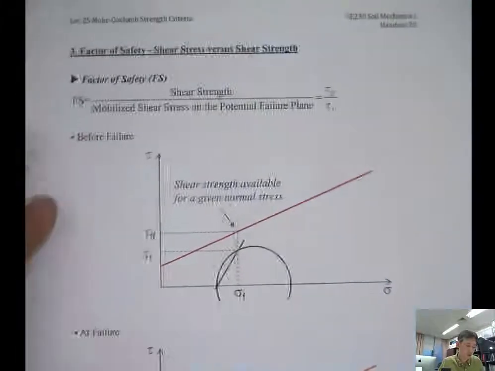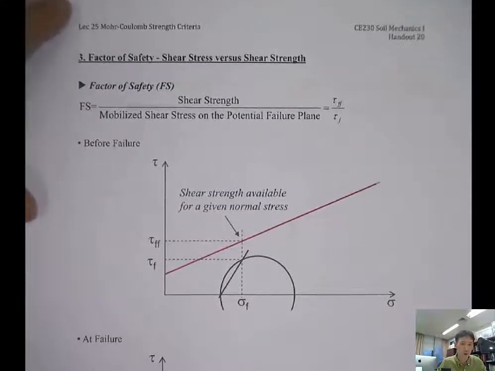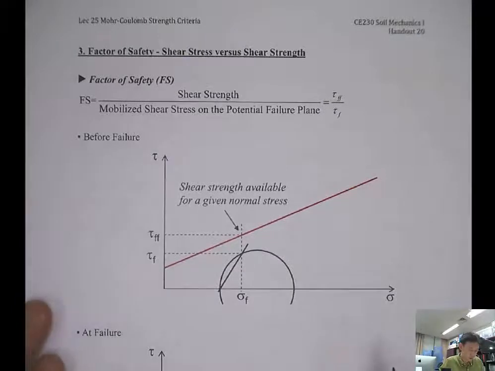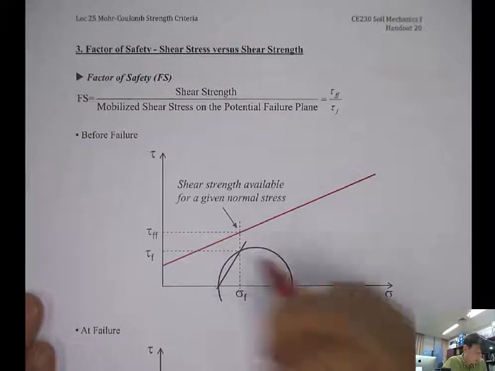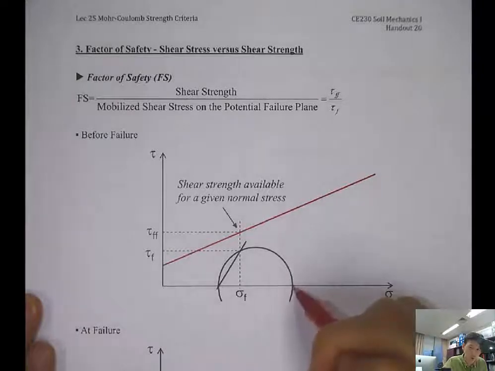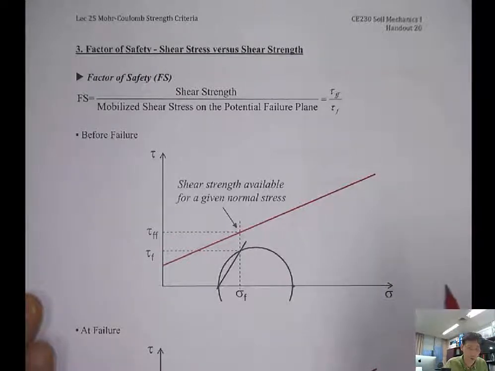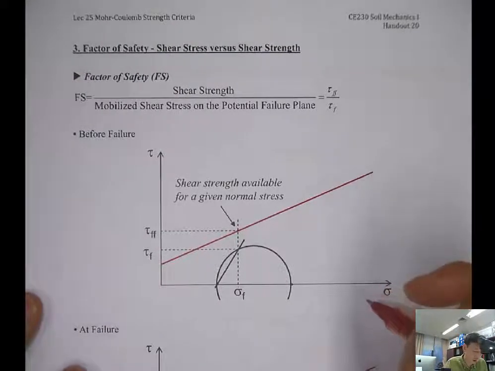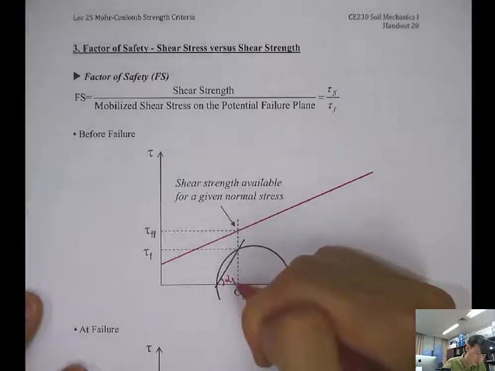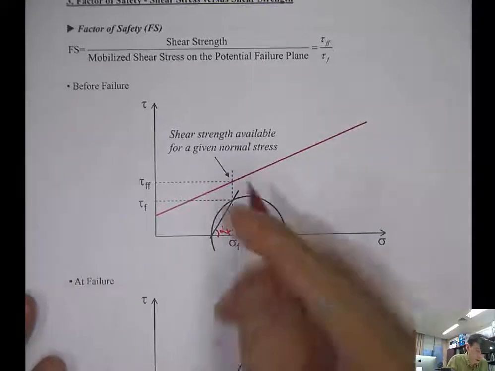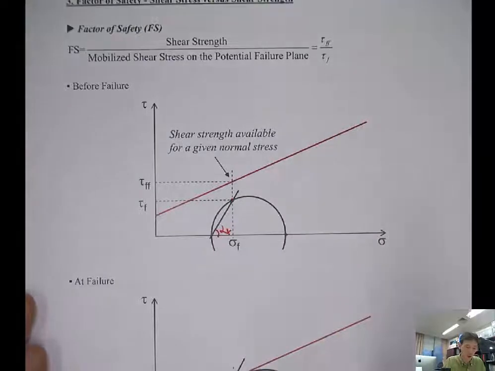And then in the next page, we can estimate the factor of safety for this given potential failure plane. This is the stress state with this small Mohr circle, and right now this Mohr circle is not touching the shear failure envelope, right? So we know that it is safe. Then we know the potential failure plane angle, alpha f, and this is the shear stress at this plane,